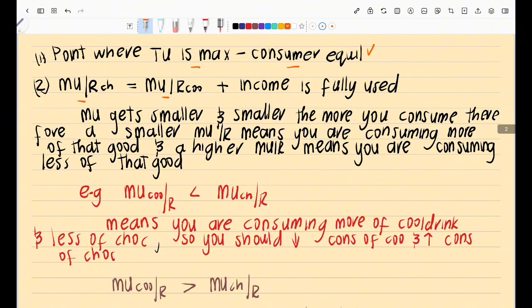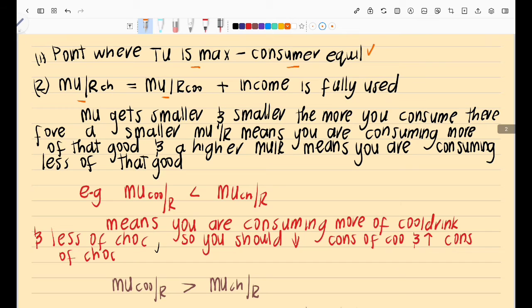And so you first do your total utility, then marginal utility per rand. With the marginal utility per rand, you take the marginal utility at that point, divide by the price, right? So for each point. And then it's on a table, right? So meaning you need to draw a table. And then you circle the parts where your marginal utility per rand of cold drink equals the marginal utility per rand of chocolates. It doesn't have to be on the same line item.